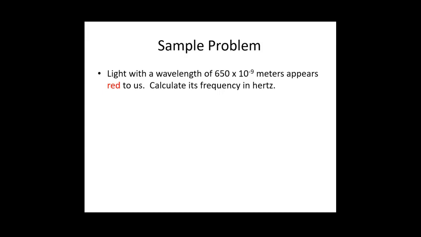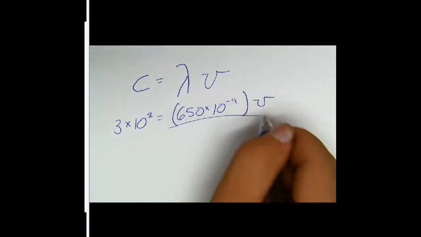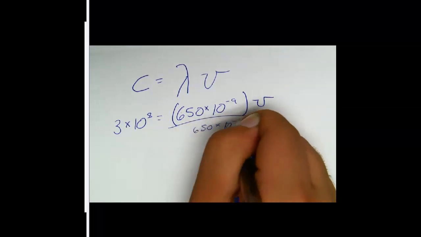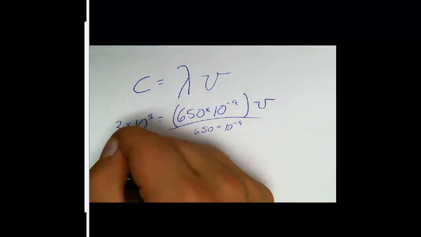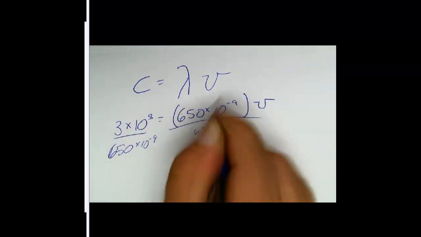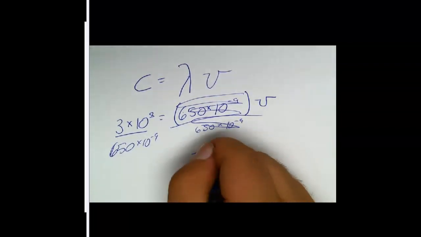Okay, and that's times our frequency. So what you're going to have to do is divide by 650 times 10 to the negative 9th on both sides. So that cancels with that, and our frequency is equal to